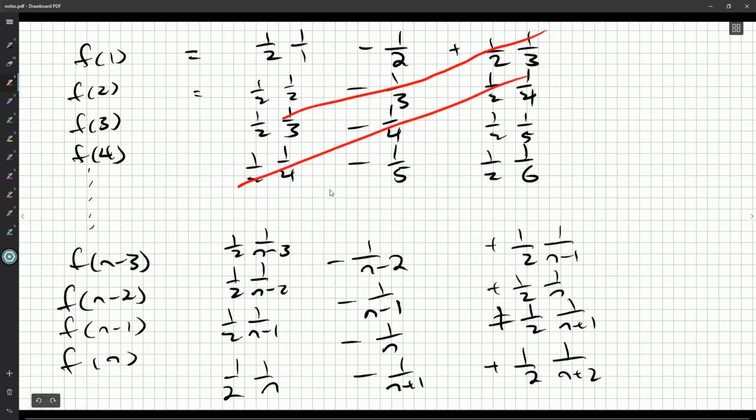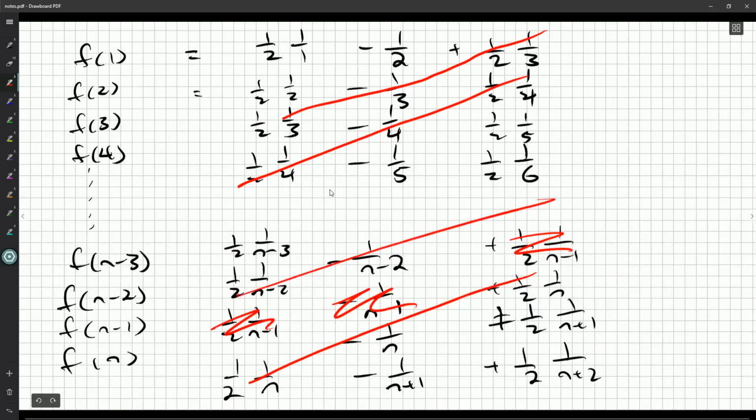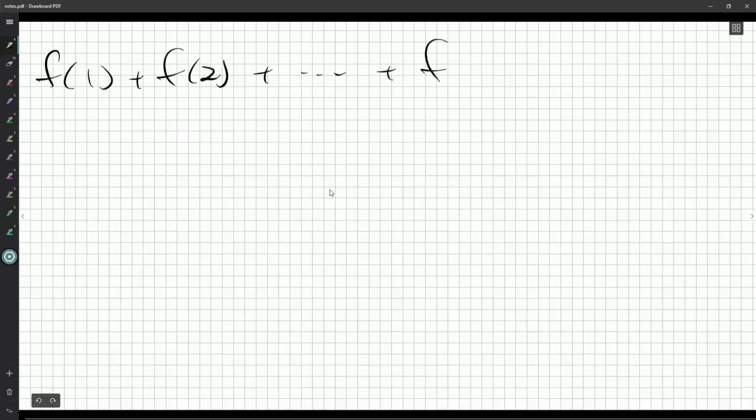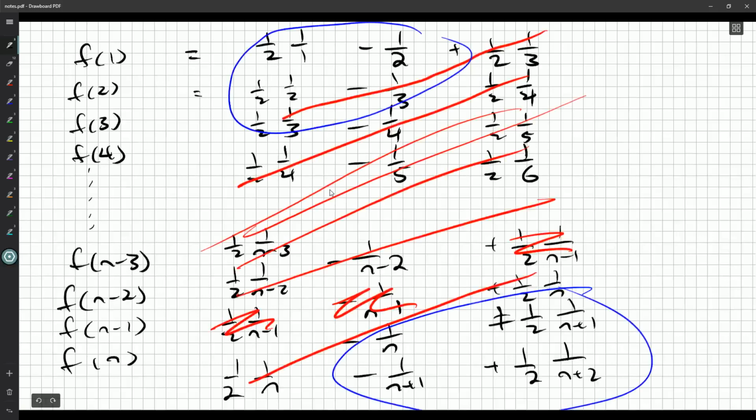Diagonals sort of cancel out. And so similarly, we get a half of 1 over n minus 1, another half of 1 over n minus 1, so that gives me a full 1 over n minus 1, and then we subtract off a full 1 over n minus 1. Same thing with these 1 over n's. So everything sort of cancels out other than this first sort of triangle of 3 terms and this triangle of 3 terms. So if n is big enough, this is all that's going to be left. Everything in the middle cancels out. So we get this nice cancellation effect, just like with telescoping sequences, and what's left, we get a half